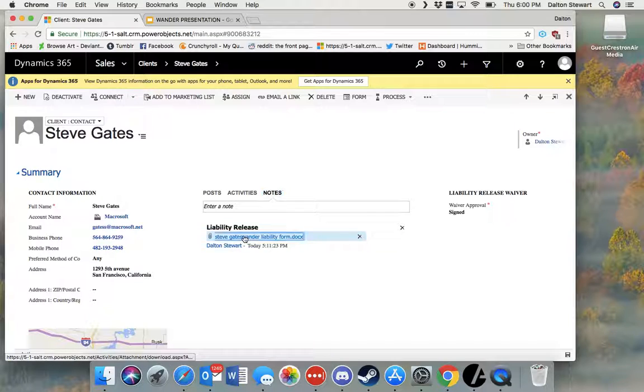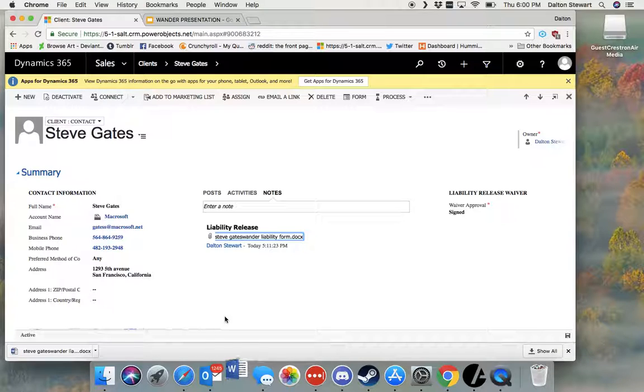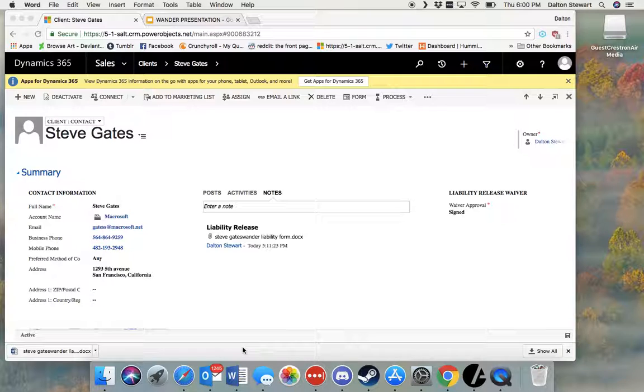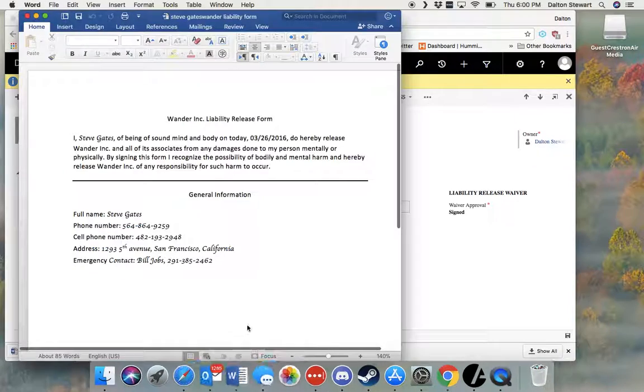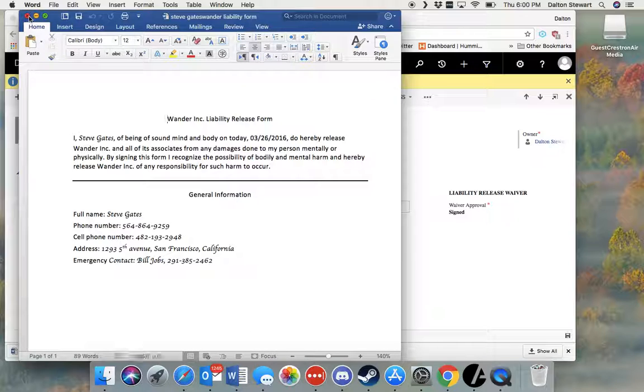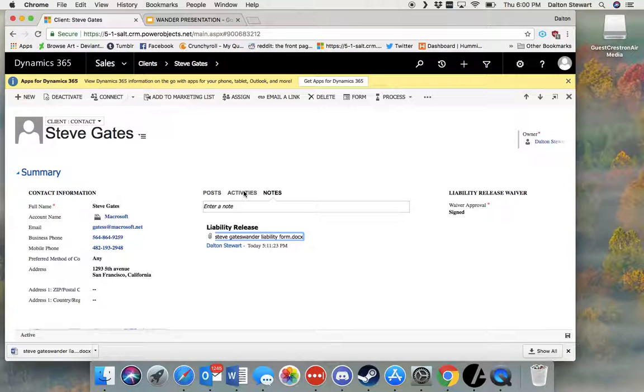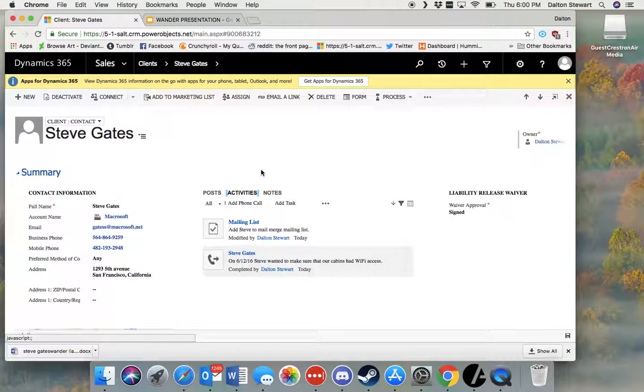And if you go over here to the notes field, we even have a copy of the waiver itself. This makes sure that in the unlikely incident that we ever do need his liability release form, it has a high level of availability thanks to the CRM system. One other thing of note is we also have some past activities from Mr. Steve. We see here that back last year in the summer, Steve wanted to make sure that all of our cabins in our hiking package had Wi-Fi access. We know that's a concern for Steve, and that can be documented for any other employees.